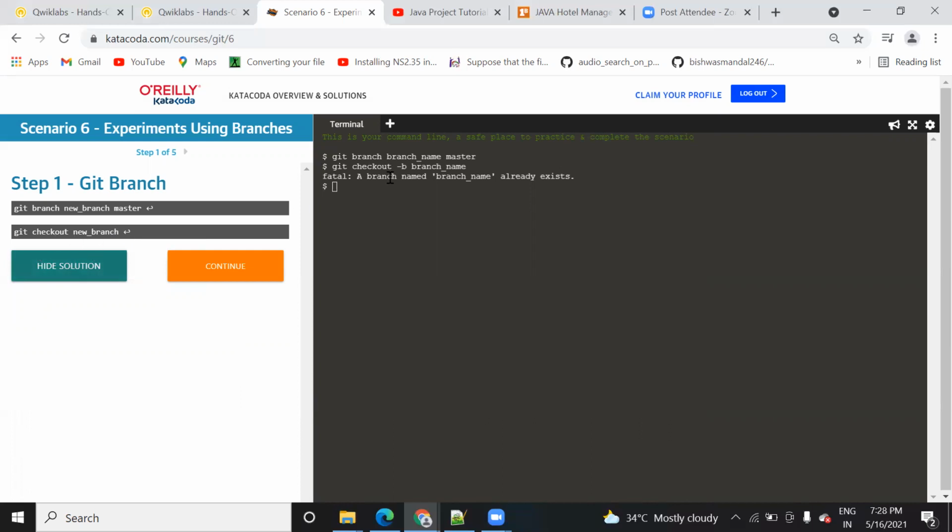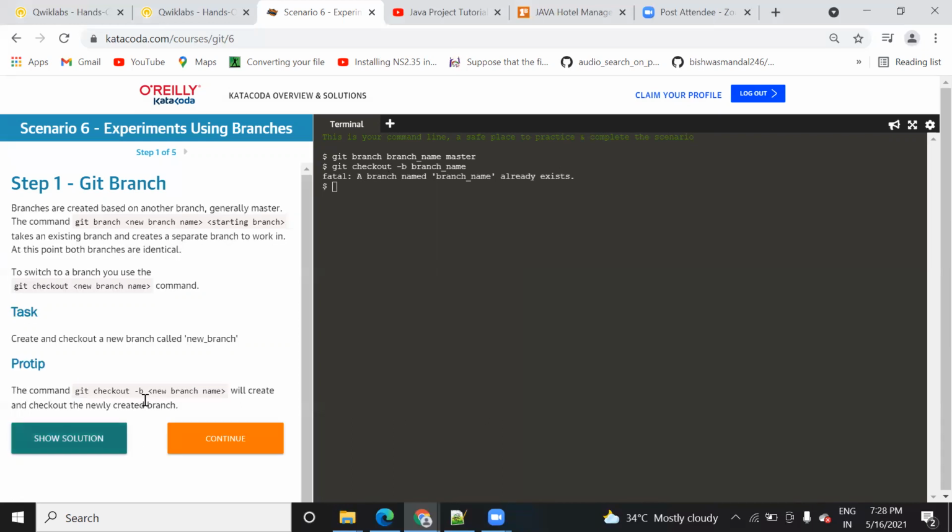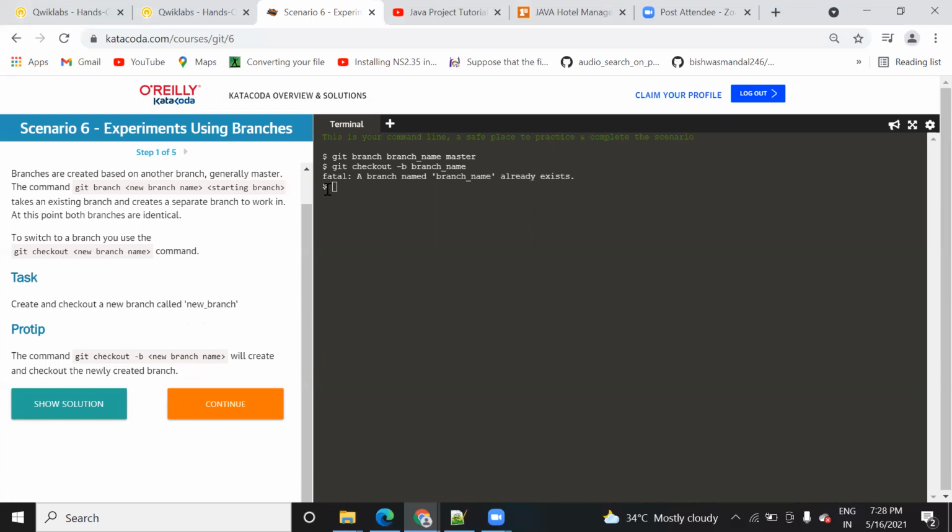So you don't need to use -b. The -b is used when you want to check out a branch that is newly created. So let's run the command git checkout and branch name. Now see, when I run this command, it runs successfully. Now you have checked out this branch in your local repo. Now just press continue to go to the further steps.